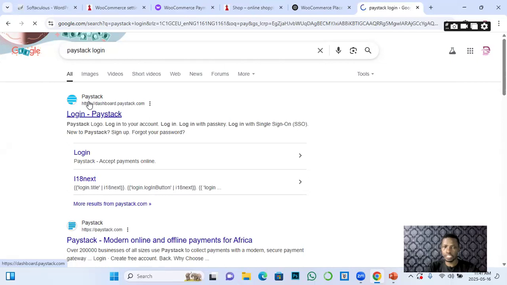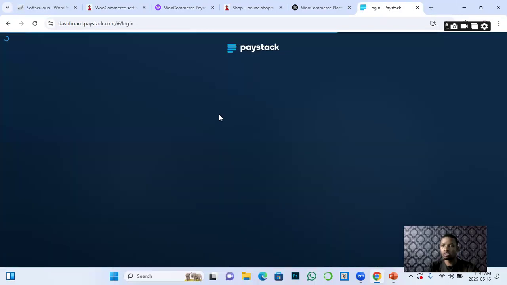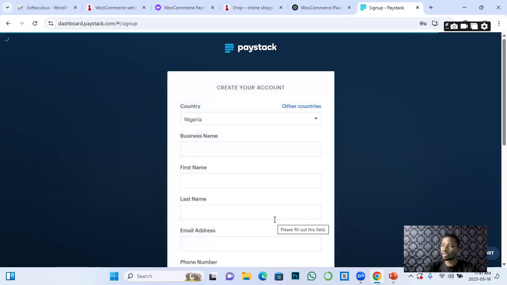So you click on it. If you don't have an account, you will now create an account. If you have an account, you log in. But for me now, I have an account with them already, so I will just select what? Login. Let me leave this one. Later I will come back to show you how to manage the account. So I will say what? New to Paystack. I will select what? Sign up for a Paystack